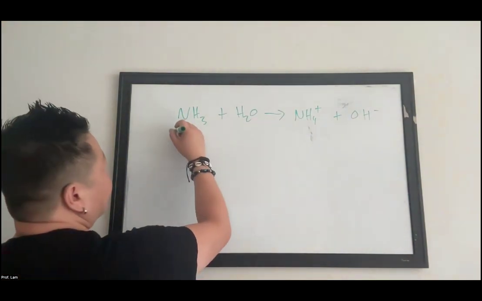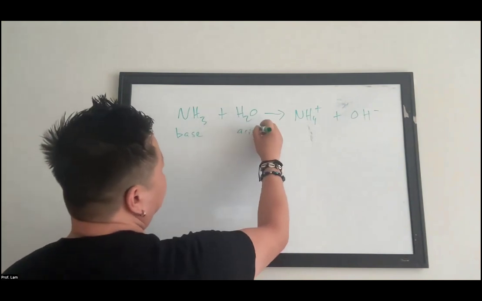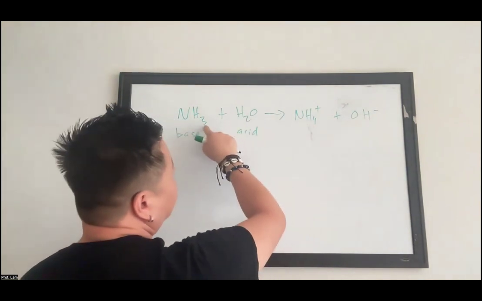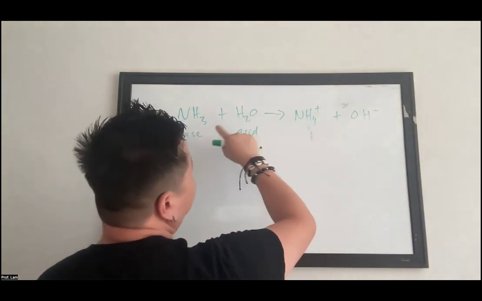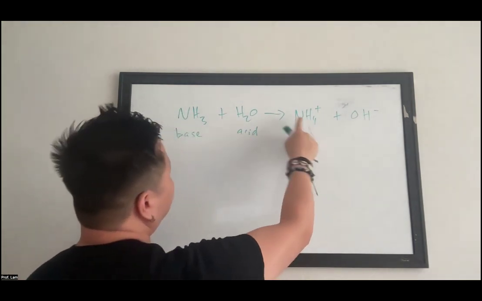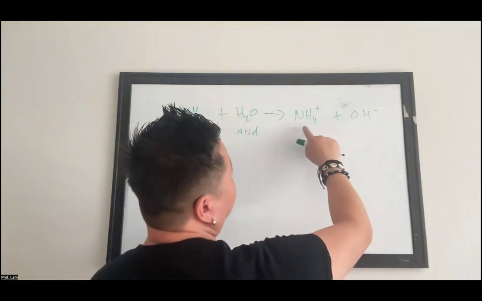If this is your base and this is your acid, now think about the reaction going in reverse. Then it's NH4 plus that is losing the proton. You see that? So NH4 plus will lose the proton to become NH3, while OH minus will gain the proton